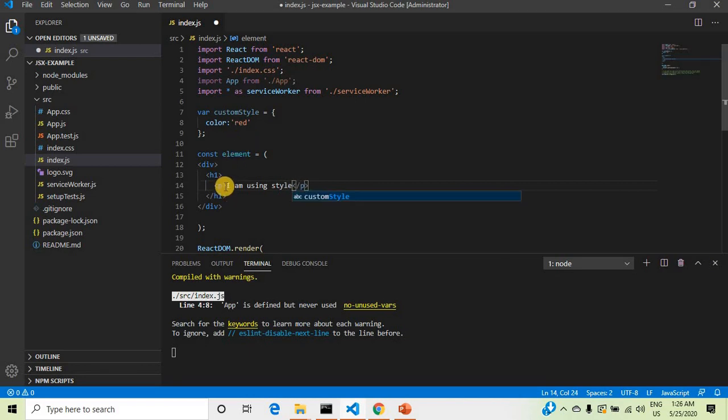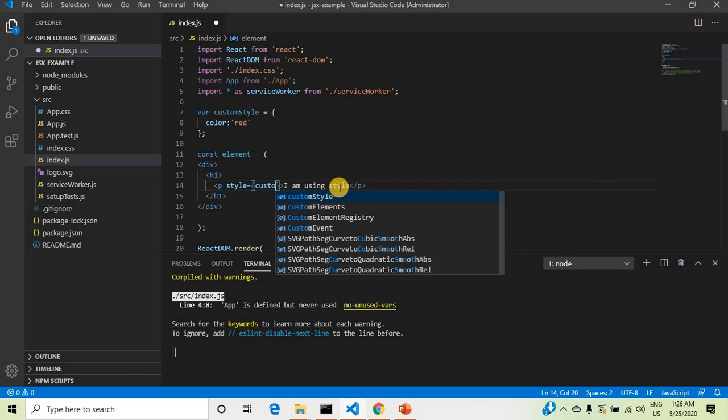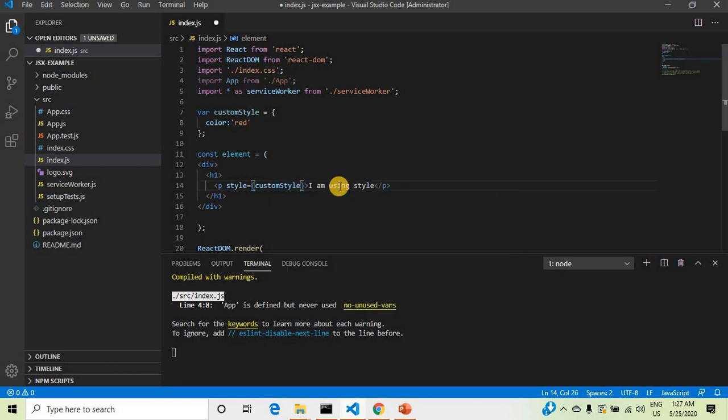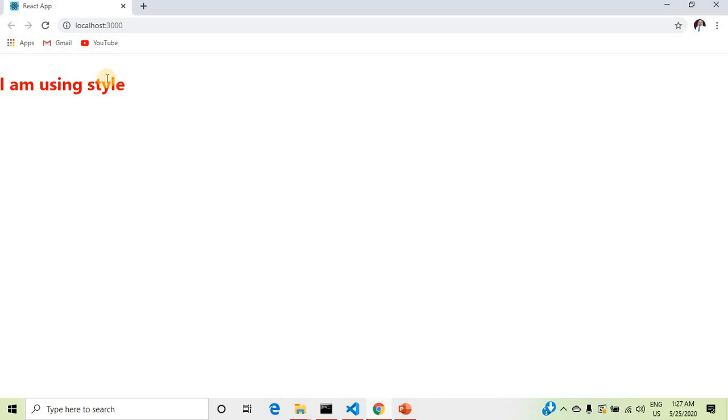I am using style. If you want to implement a style, you can define it using the style attribute, and you have to define the particular style variable within the curly braces. So I am defining the custom style and saving it. Here you can see the style is displayed in red.